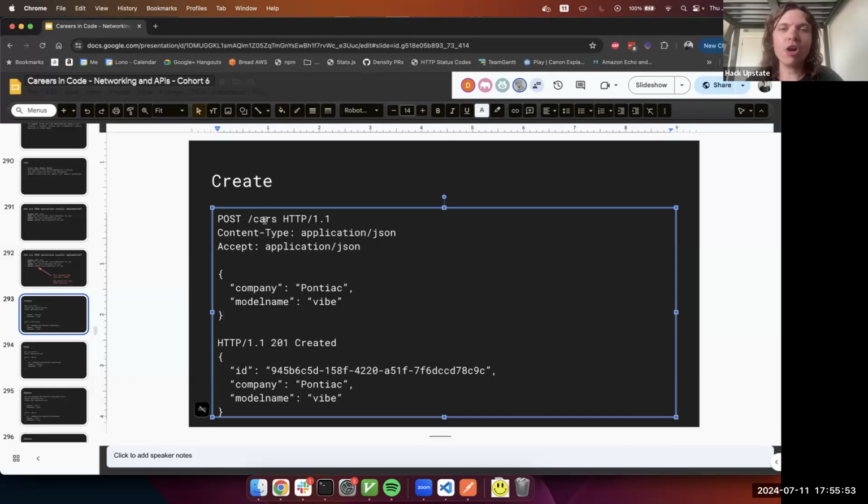So in this case, our car resource here has two fields in it, company and model name. Think of this sort of like a table. You have two columns, company and model name. Company is Pontiac, model name is Vibe. So I make this request, and then back from the server, what you should get if the server is following